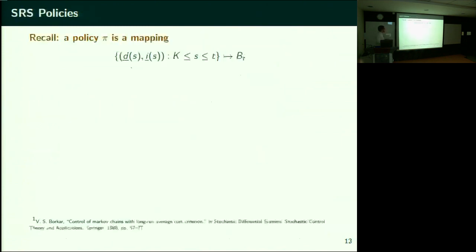In order to specify that, we look at a class of stationary policies. What do I mean by that? Again, I should admit my mistake here. I should have all the BTs; the past BTs also should be given to me here. And then I need to select the next location to look at. This is what my policy is doing at each time. Based on all the information I have, I decide where to look next.